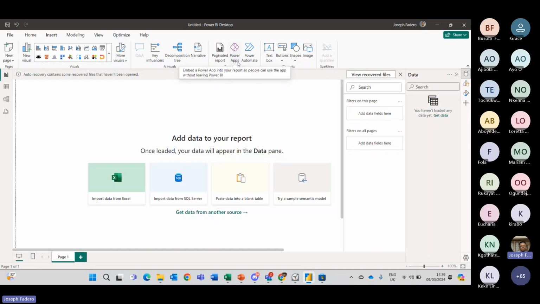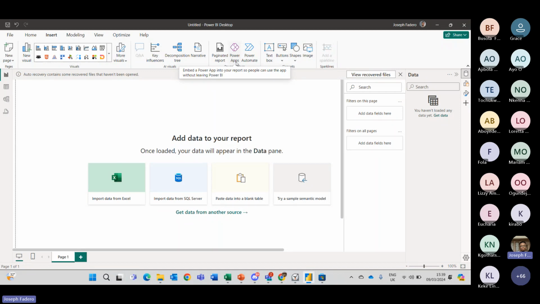Power BI is also part of another tool and services which we call Microsoft Fabric. That's also a different conversation for a different day. But it's to tell you how powerful Power BI is. So Power BI is embedded in a whole lot of Microsoft platforms and Microsoft tools and services.